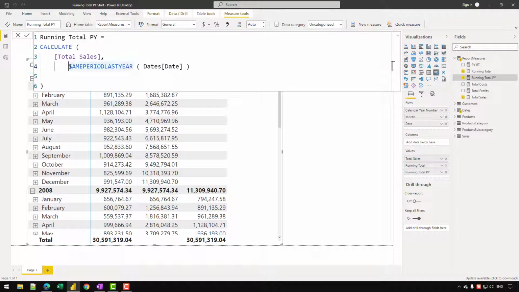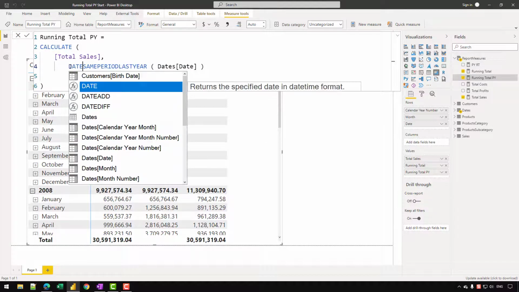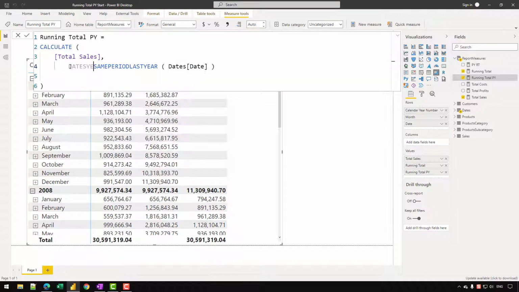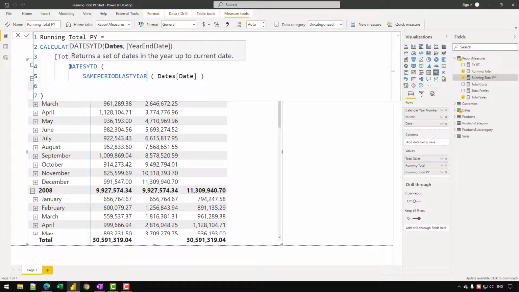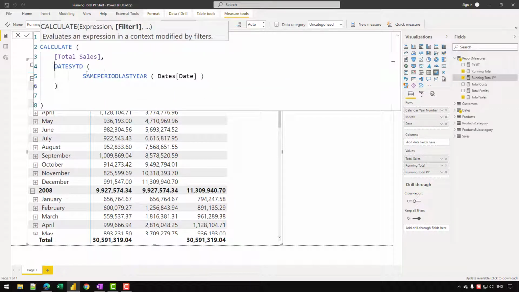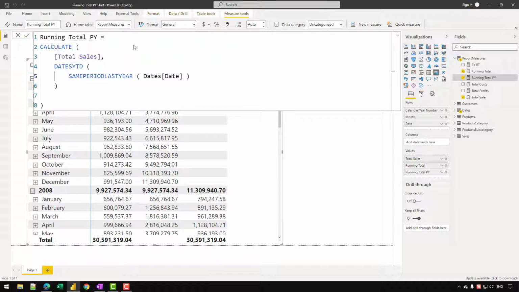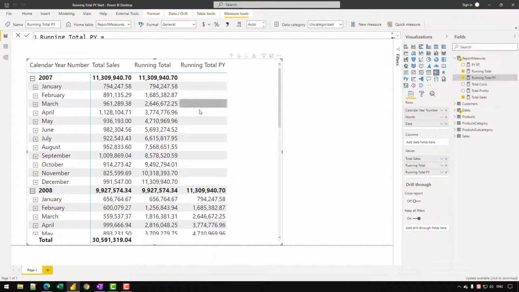If I now nest the same period last year function inside the dates YTD, so let's write dates YTD, and let's close that. And if I confirm it, you can see that we are getting the running total in 2008, that is for 2007.